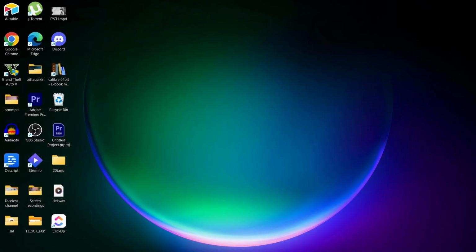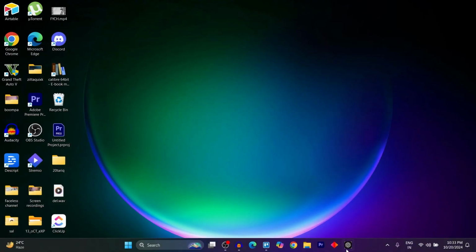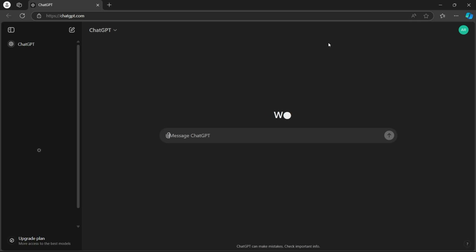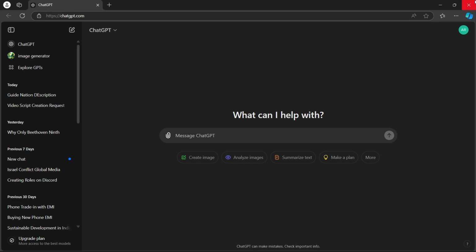Now I'm going to cut this out, and as you can see, ChatGPT is in my taskbar. Whenever I click on it, it is going to open up ChatGPT instantly. So that's the simple way you can download ChatGPT on